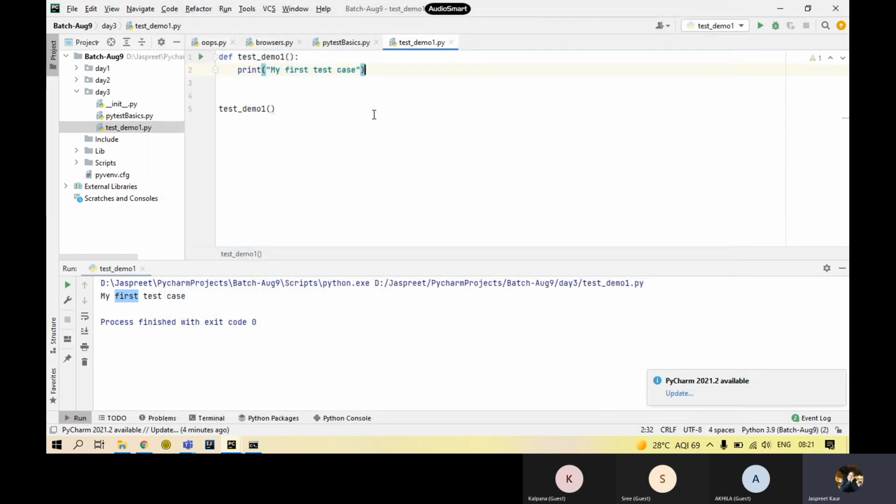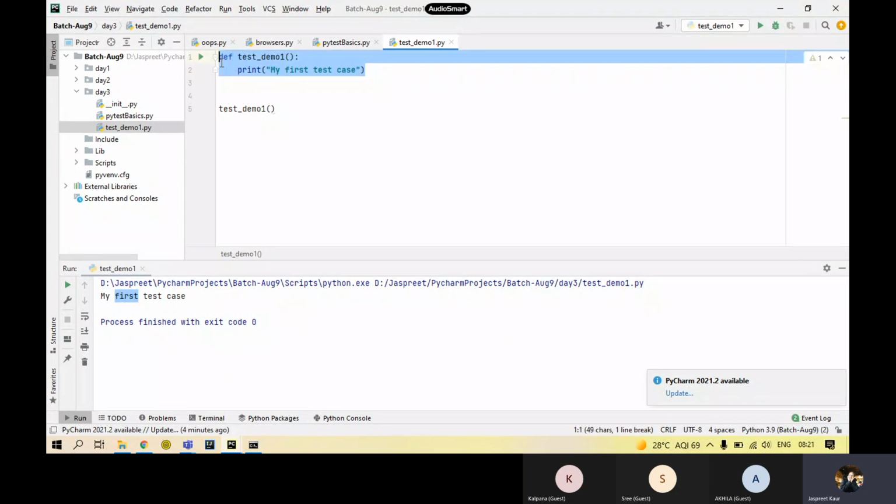Now see the difference in what I'm going to get. On the workspace itself, you can see on the screen that earlier I was not getting this run option in front of the test, in front of this function. I was not getting this, right? Now I have different options from where I can run this. I can run it from here as well. What it will do is run this specific function from the whole file.